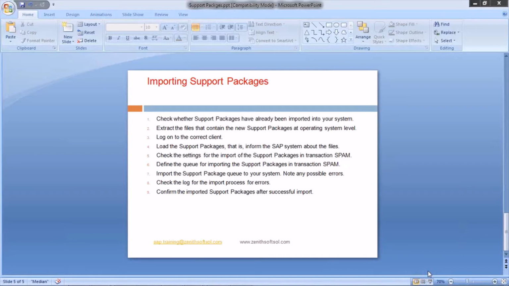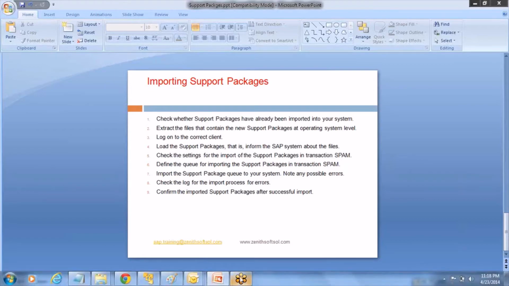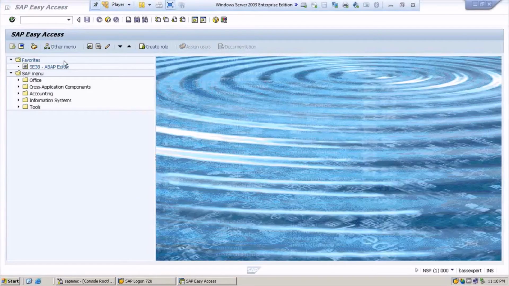Now, you are seeing here, these are the points which we need to perform while importing support packages. The first step says check whether support packages have already been imported into your system or not. As we have seen, our support package level, how we are going to see it, SPAM,